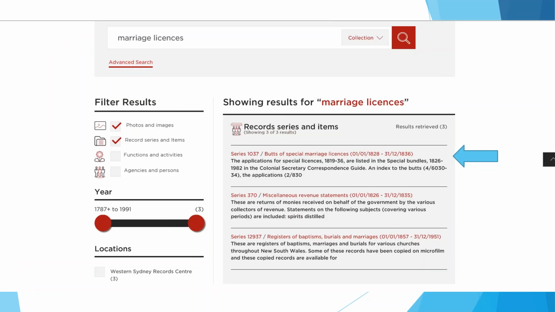Now on this screen, I'm just giving you a sense of what you can do with our archives and finding things. I've gone to the collection search box at the top, and I've just put in marriage licenses. My goal is to show you that if you have a search term that is unusual, such as marriage, there's not going to be 5 different types of marriages,